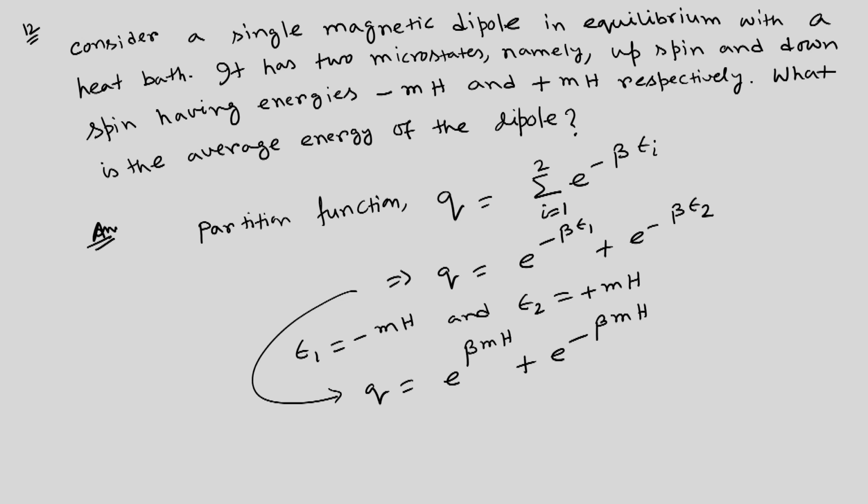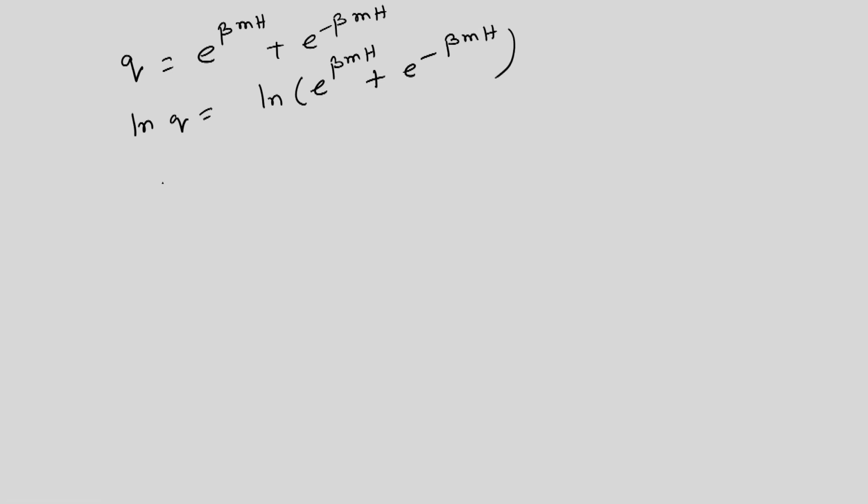So, we know how to calculate average energy once we know the partition function. So, average energy epsilon average is minus del ln Q by del beta, keeping volume constant. And we have the value of Q here. So, we need to take log first, log of Q, and then we need to differentiate the log of Q with respect to beta, then we will get average energy. Okay, so, we have Q equals e to the beta mH plus e to the minus beta mH. So, ln Q is ln of e to the beta mH plus e to the minus beta mH. Now, if we differentiate ln Q with respect to beta at constant V, we get